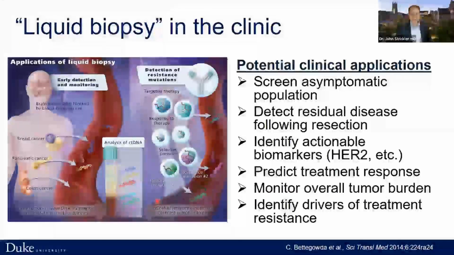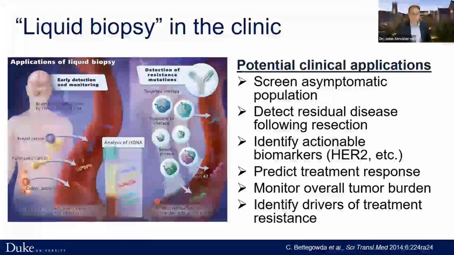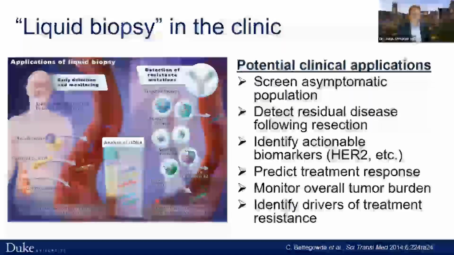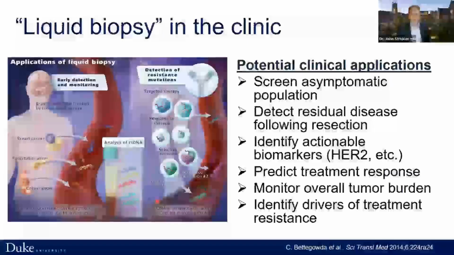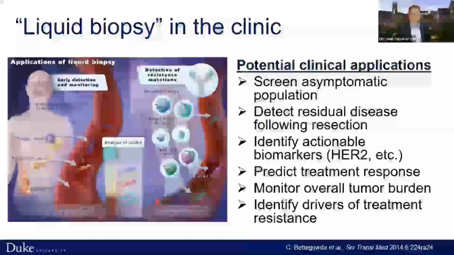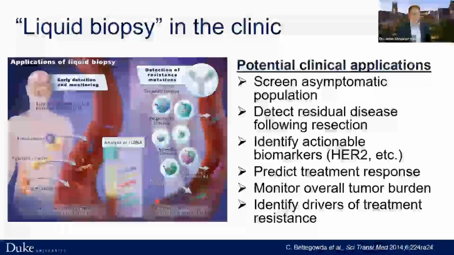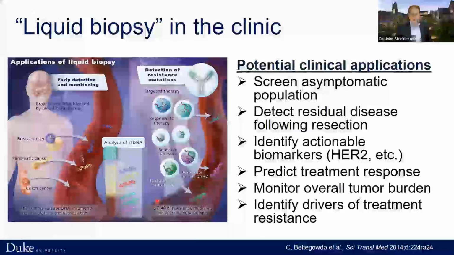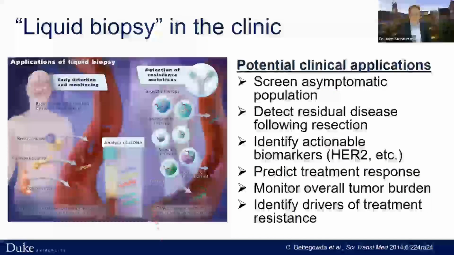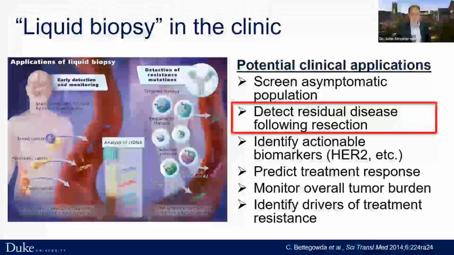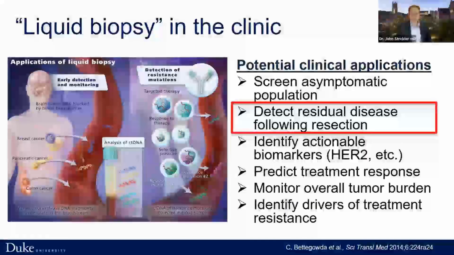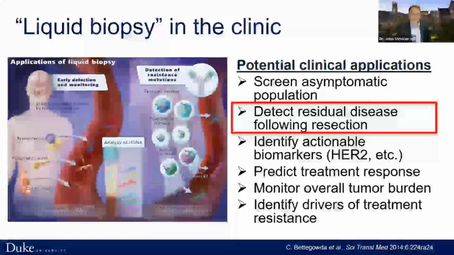Like, for example, screening asymptomatic patients for maybe a cancer that somebody didn't know about. We could use it to detect residual disease after a cancer is resected. We could identify actionable biomarkers, predict treatment response, monitor tumor burden, and look at drivers of resistance. But what I'm going to focus on today is this application, which is detecting residual disease after a cancer is